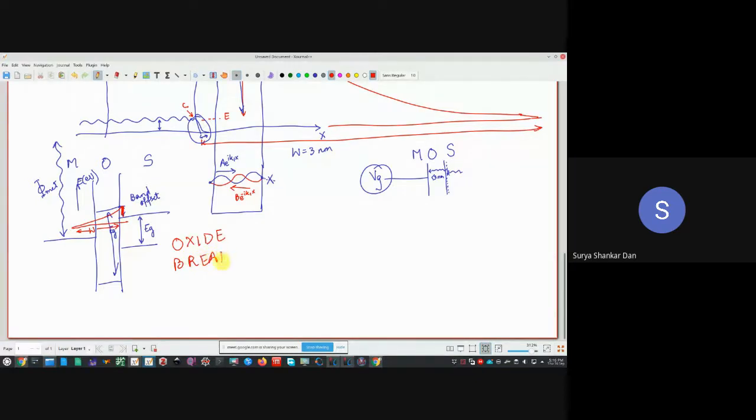Yes, tunneling is what the quantum mechanics people will say. We device people, circuits people, VLSI people will say oxide breakdown, or even better, device breakdown. We say the device has burned. A similar phenomenon occurs in avalanche breakdown also, but avalanche breakdown is slightly different. Over there, avalanching is a phenomenon where the number of carriers increases. Other than that, of course, this is a breakdown only. Okay, this is a direct gate tunneling, or in other words, the device will break down.